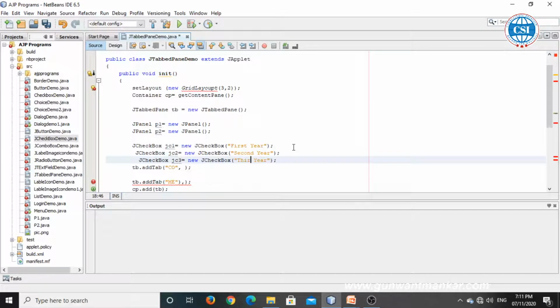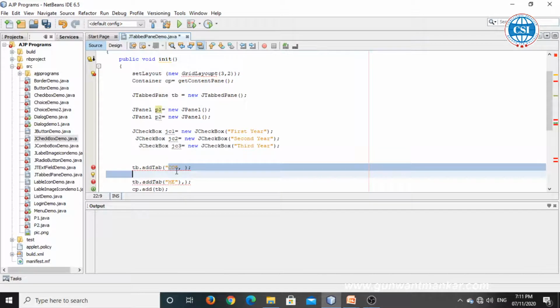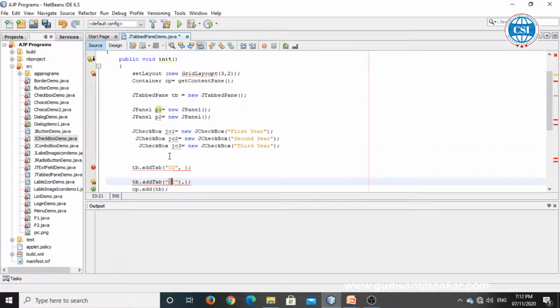Now if you want to show these three checkboxes in the CO panel, we have to add them to panel 1. The P1 panel is for the CO tab, and the P2 panel is for the mechanical department, ME.